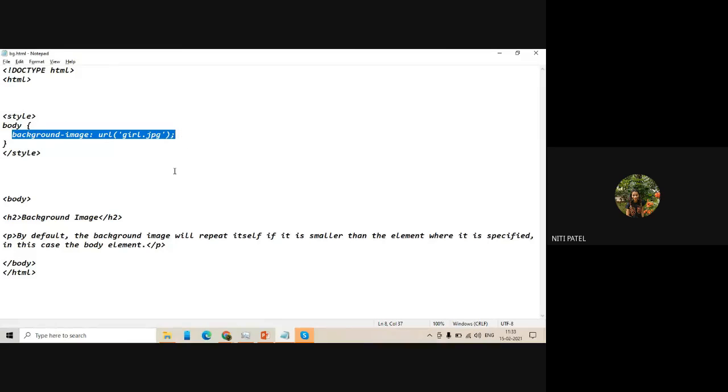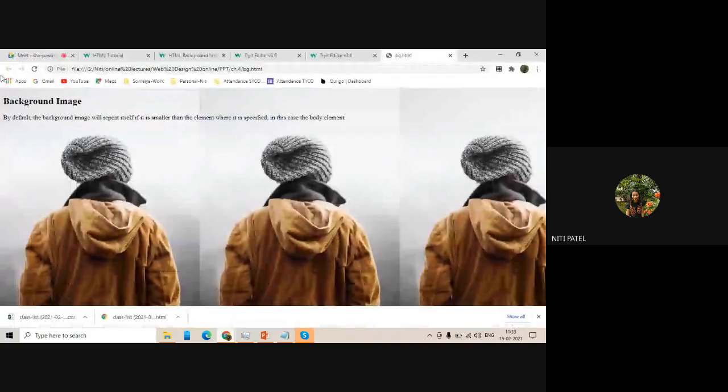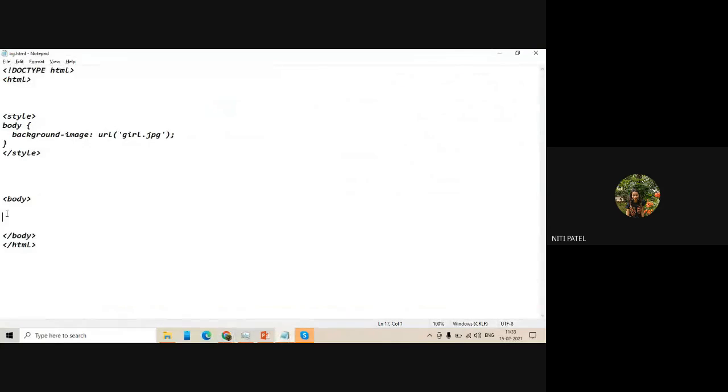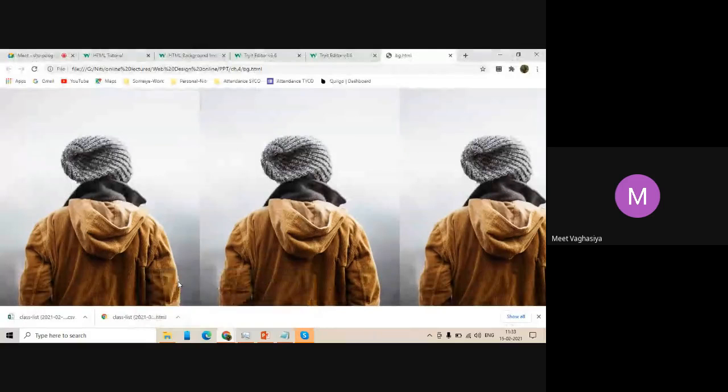Now if I remove this body, like you were asking why two bodies, now see the changes that will happen. It will show you only the image. Why? Because there is no text on it. So to add text, it is necessary to write body inside HTML, so that you understand that the image is behind and we are writing text on top of it. That is, the image is in the background and we are writing text over it. Are you understanding now? Yes, ma'am.